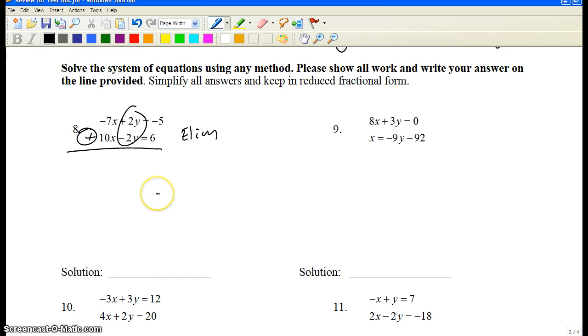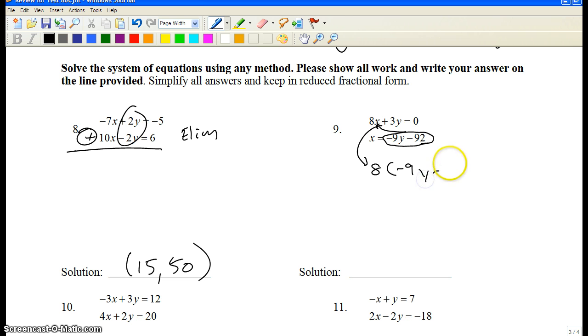When you solve this, you actually get x to be 15 and you get y to be 15. Now this next problem, 9, the easiest way is to do substitution because it's already set up. So we take that and we put that right there in for x and rewrite it. So our first step winds up being this